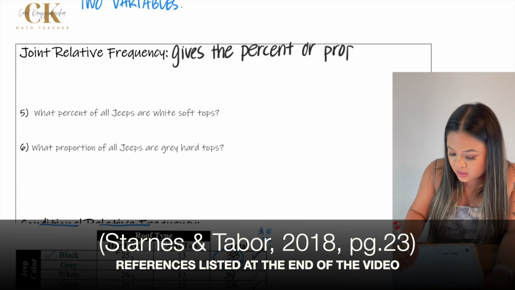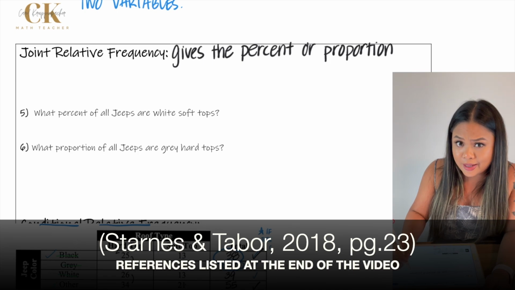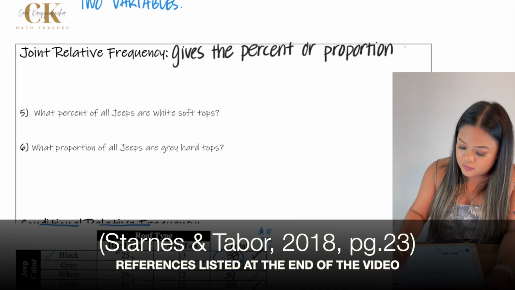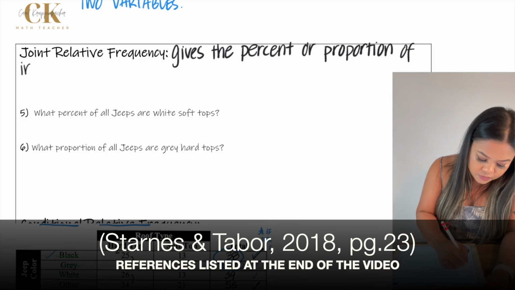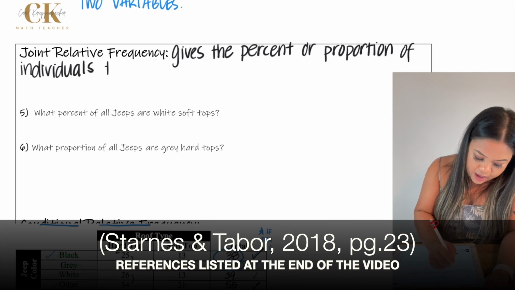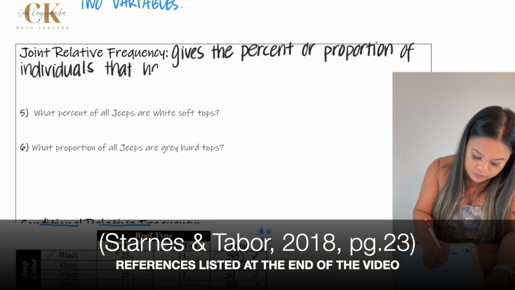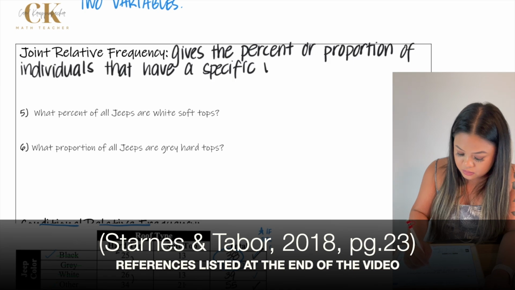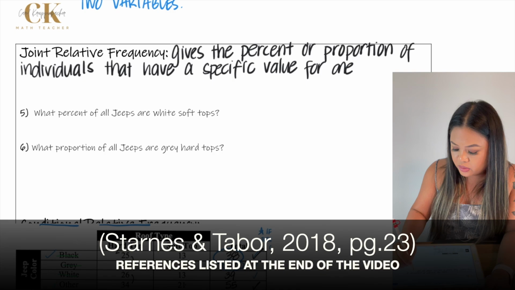So I'm gonna put this here because I want you not to get confused when you hear the word proportion. It's the exact same thing as percent, okay? So percent or proportion of individuals that have a specific value for one categorical variable,